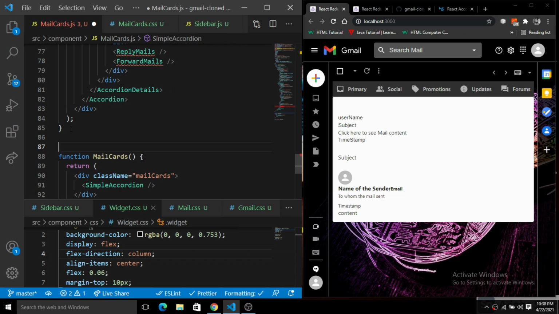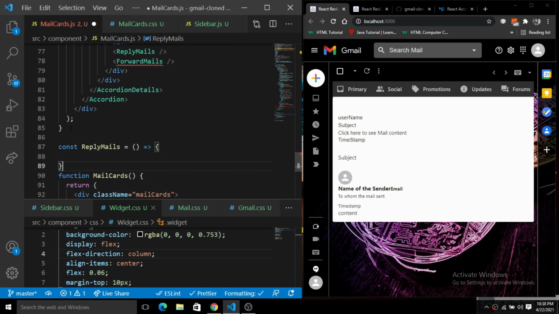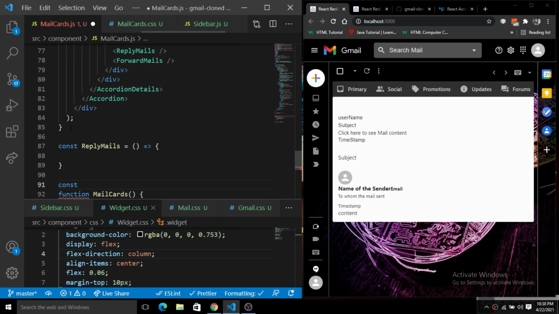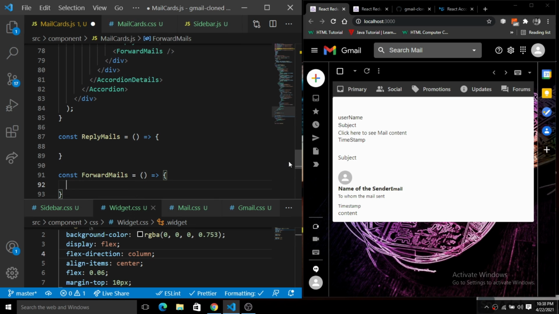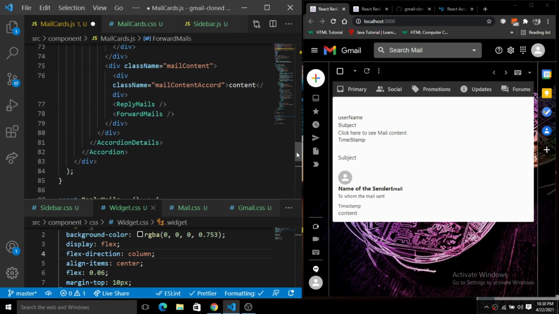So let's create a const reply mails here, just like this, and another component which is forward mails. So here we have this reply mails and we have this forward mails component there.